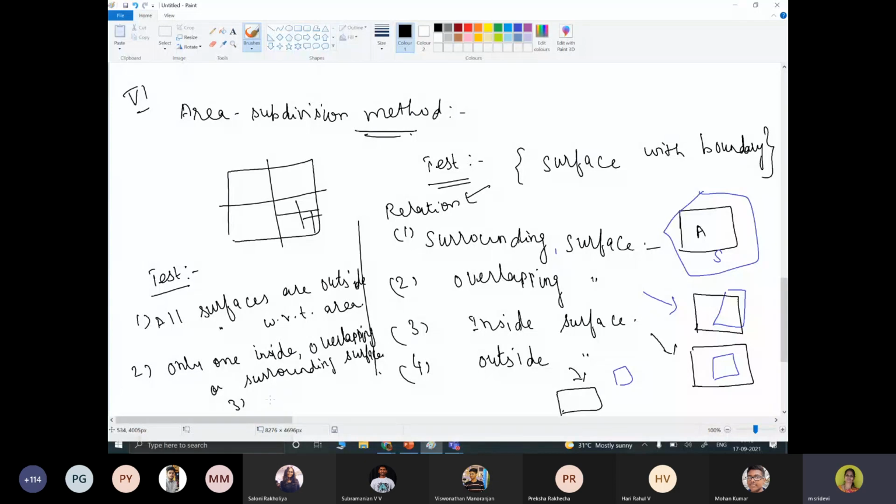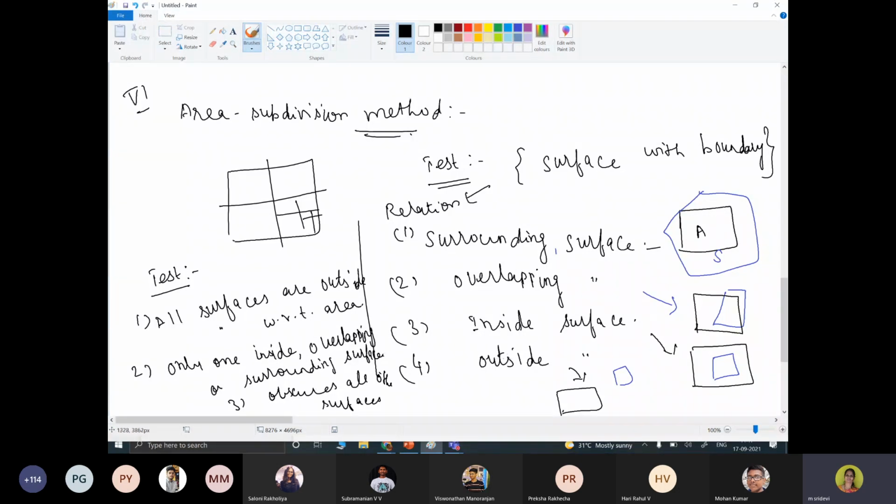Third, a surrounding surface obscures all other surfaces within the area boundaries. So these are the three important tests that will determine the surface visibility within the area.